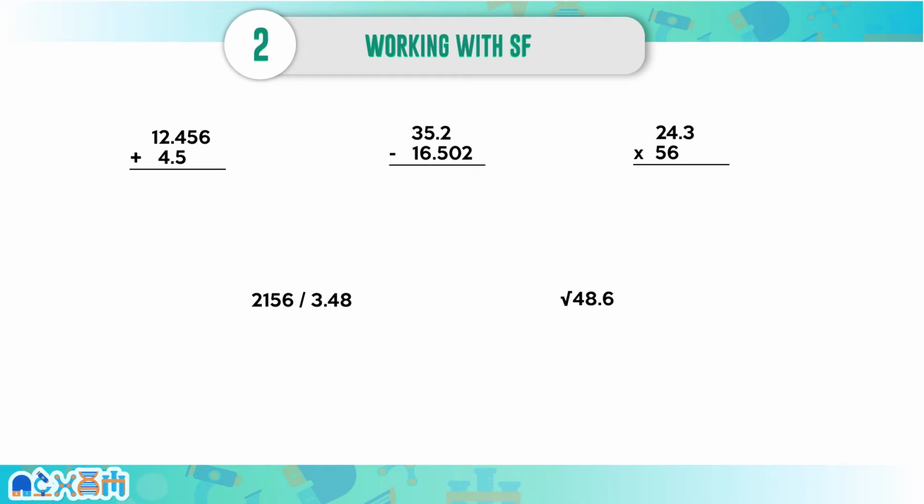Since 12.456 is more precise than 4.5, we're going to follow the least precise, which is 4.5. This has one decimal, and then this has 3 decimals. So when we try to add them, when you put that on your calculator, you're going to have a value of